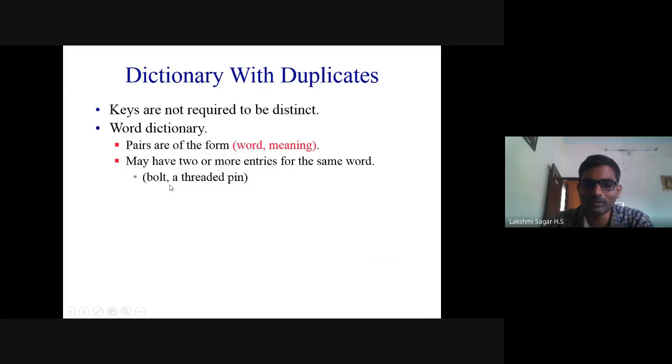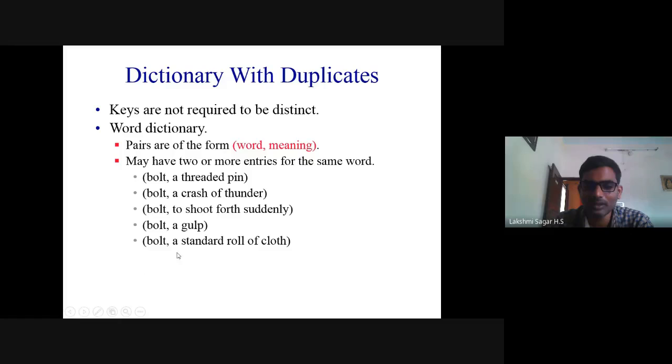Suppose bolt. In one dictionary, a definition of bolt is a threaded pin. Another definition of bolt is a crash of thunder. Another definition is to shoot forth suddenly. Another meaning of bolt is a gulp. Another definition of bolt, a standard roll of cloth.